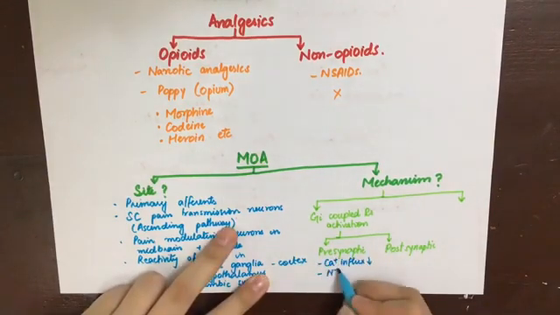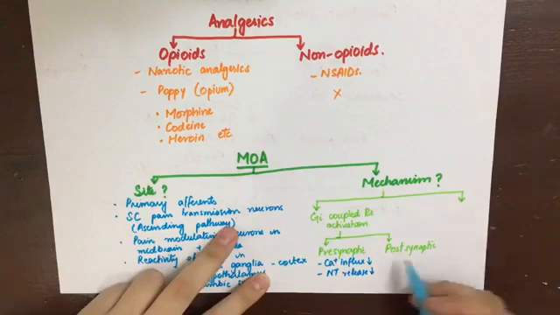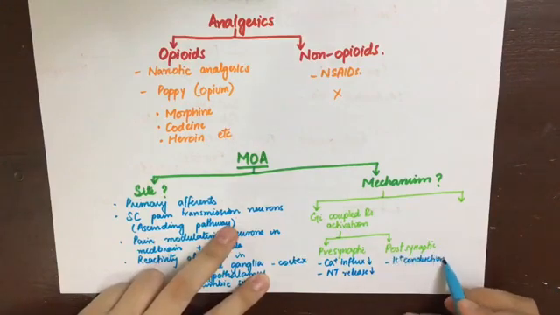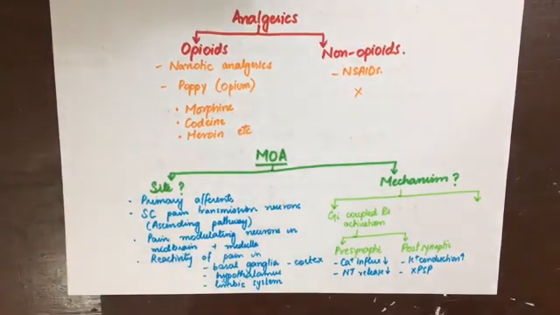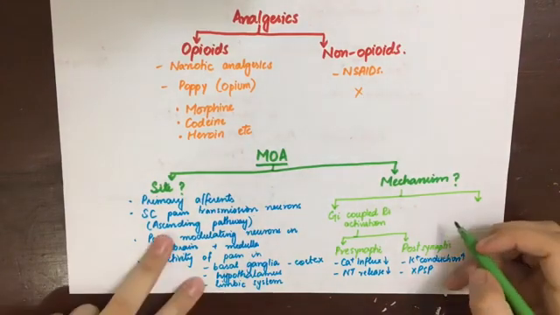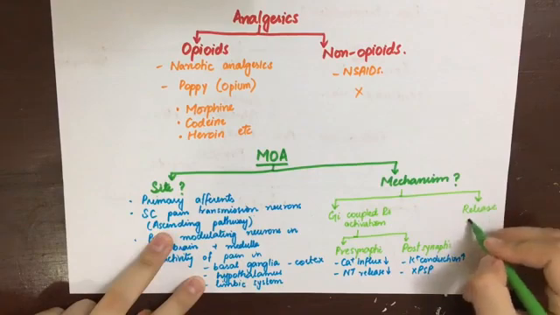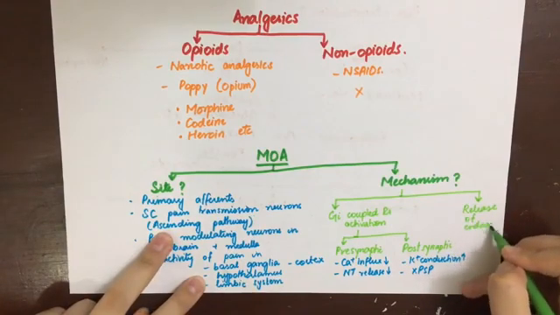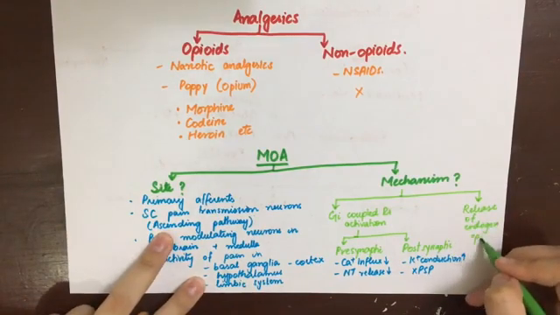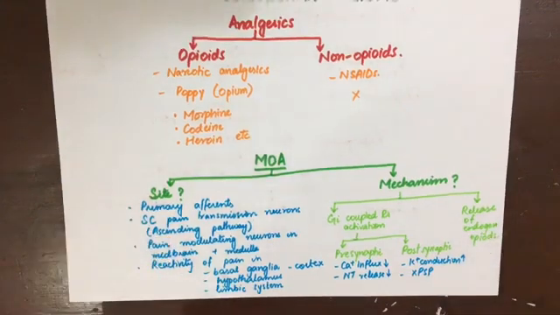Presynaptically, they will decrease calcium influx, and we know calcium is required to cause exocytosis of the neurotransmitter, and thus there will be decreased neurotransmitter release of nociceptor primary afferents, that is the neurotransmitters glutamate and substance P. While postsynaptically, they will increase potassium conductance, and thus there will be inhibitory post